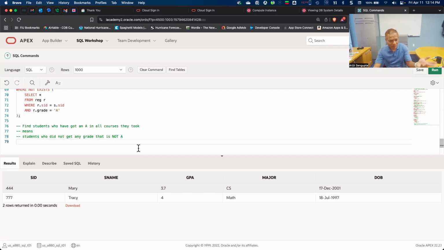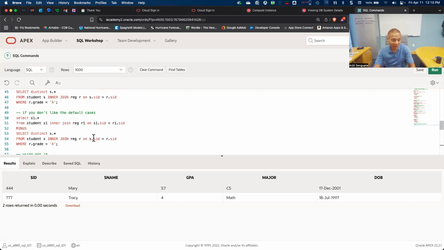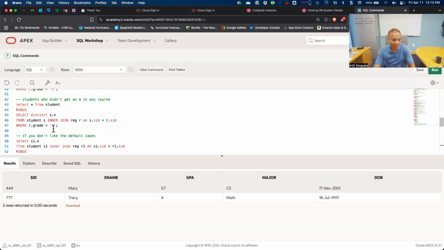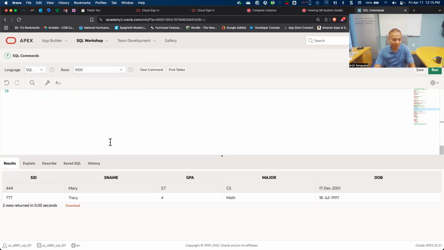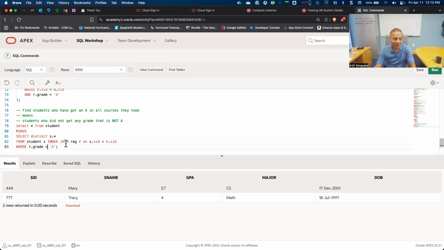You could do this with minus, not in, and not exists, all of them. It works the same way. Let's do the minus. All we have to do is say where grade is not equal to A. So basically all the students, and we're taking out the student who got one registration with something other than an A. Now if I run this,